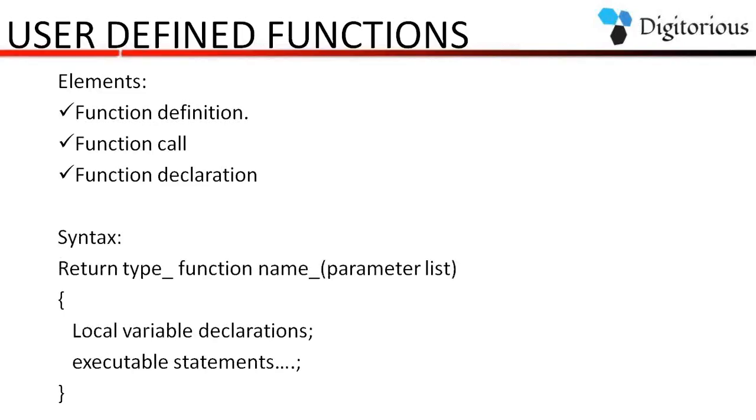Let's understand the syntax in place. First, we mention the return type of the function. Now, what is this return type? The return type is the data type of the value returned by the function. For example, if we consider the addition example, if we are adding two integer values, the answer is but obvious going to be an integer. That is why the return type of the addition function will be an integer. So the value returned by the function, the data type of that value is known as the return type of